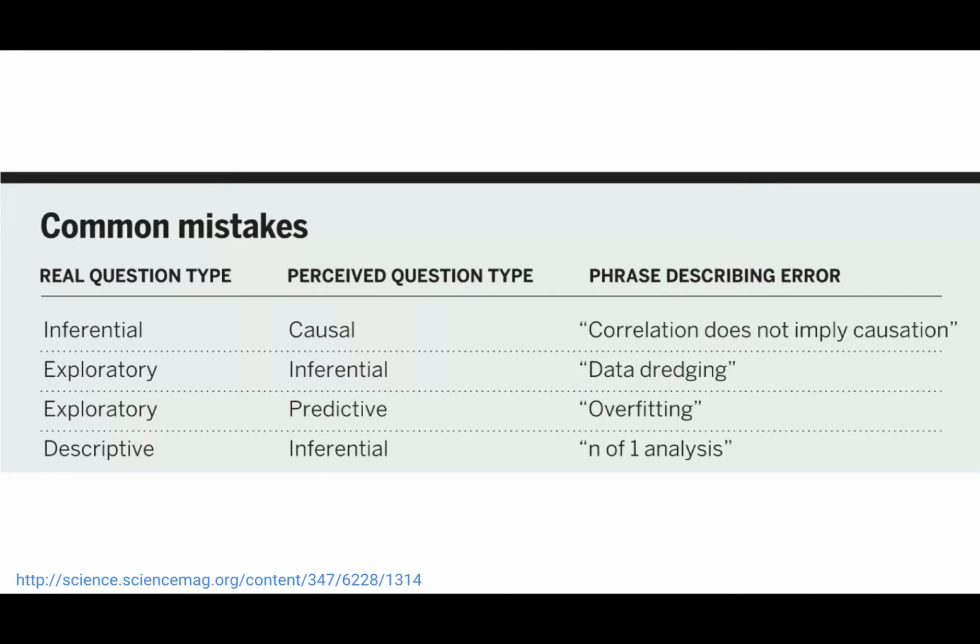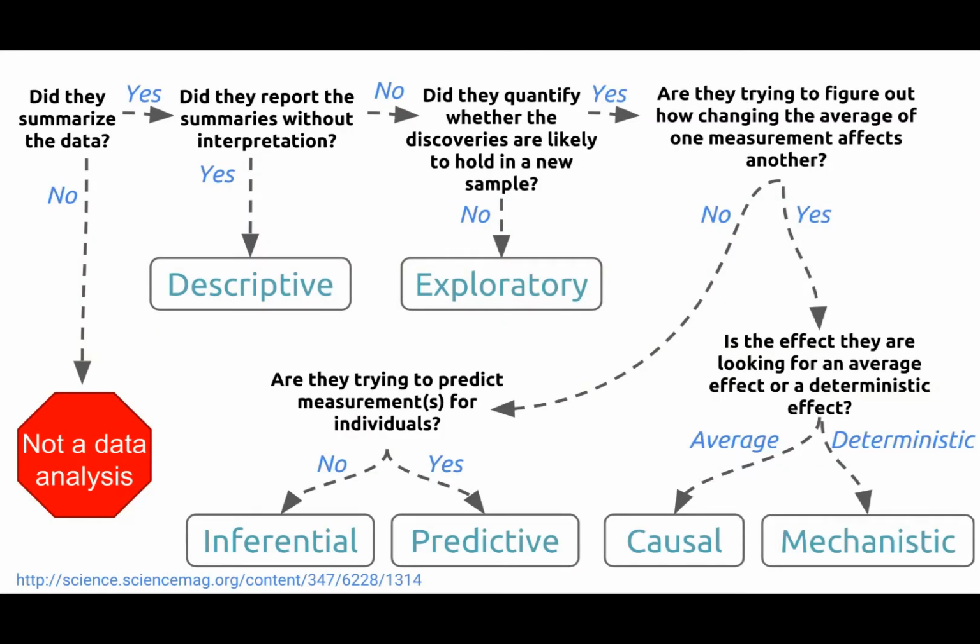Of course, there are other types of mistakes that are possible, but these are the most common ones that you see when people are describing papers in the medical literature. These question errors also get propagated when the news covers medical stories, where they often mix up studies that are preliminary or exploratory with studies that are confirmatory or causal questions. So now you know a little bit about the different types of scientific questions. So when you pick up your next medical research paper, especially one that's looking at data, you can use this flowchart to figure out what kind of question they're answering and so what standard